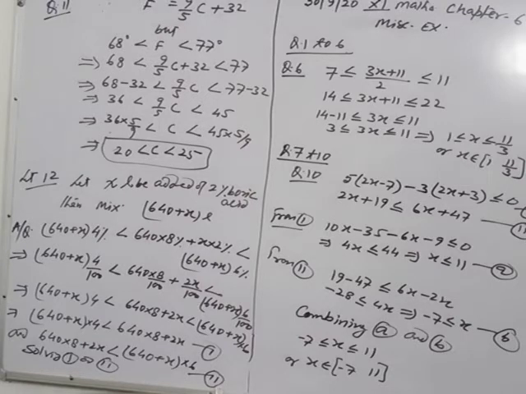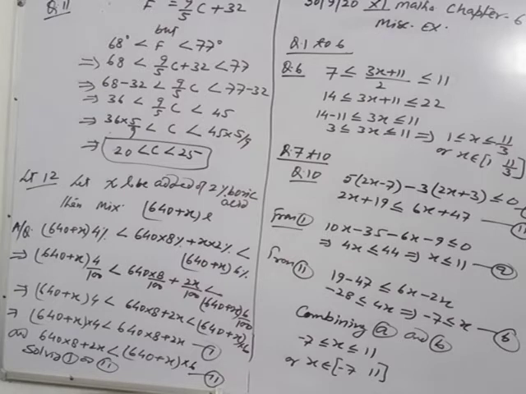Here, to remove 11 from 3x, subtract 11 in each of the three parts. After subtracting 11, that means removing 11 from the middle, you have 3x greater than or equal to 3 and less than or equal to 11. Dividing by 3, you get the limit of x: x greater than or equal to 1 but less than or equal to 11/3. In brackets you can write [1, 11/3].